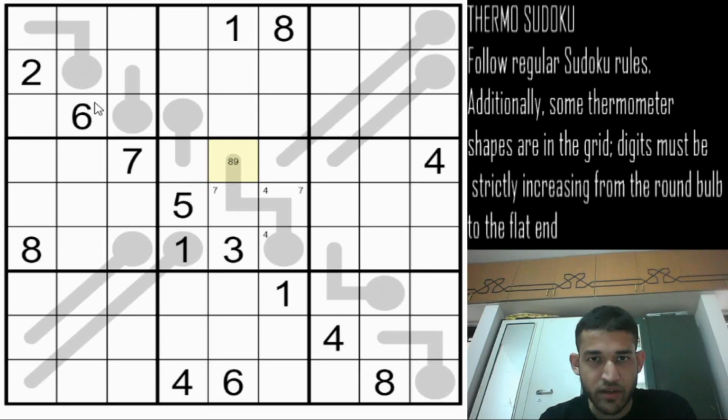And in box 1, 8 has only 2 cells left, which are this and this. 8 cannot be in any other cell in that box. If an 8 is here, the thermometer will be too long to satisfy it. Now this follows that the 8 in box 7 will be in one of these 2 cells, because 8 is in row 9 and 8 is in column 1 and column 3, and because of the 8 here, there should be a 9 in one of these 2 cells.